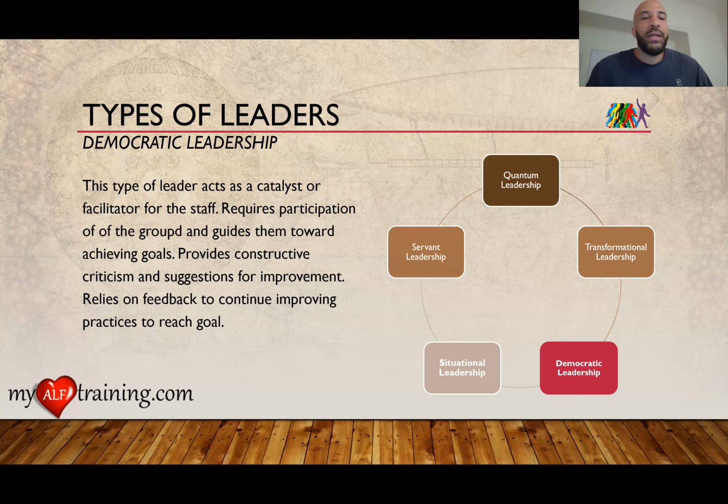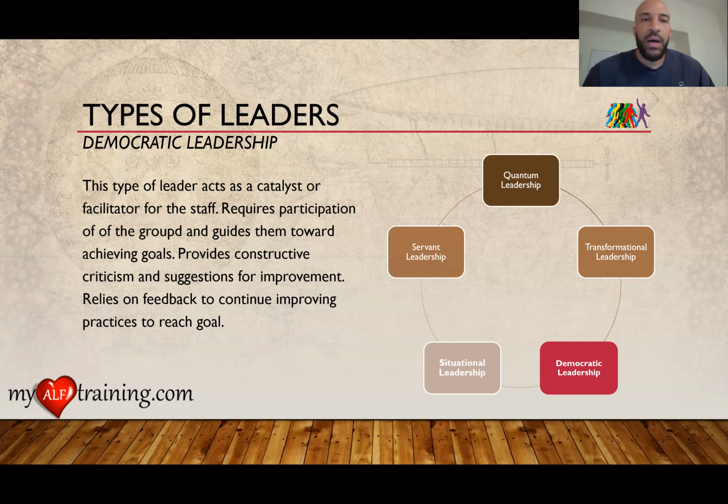So this type of leadership style, to me, doesn't sound like the type of leader I want to become, because just in my experience as a nurse, I don't always want to give feedback, or I don't know the best feedback to give. And if the leader is relying on feedback from the staff, they may not get the feedback that they need to grow the staff until it's almost too late.